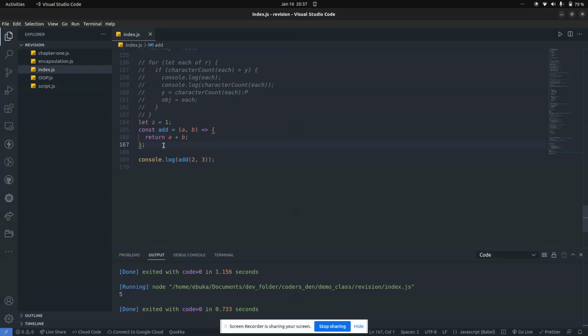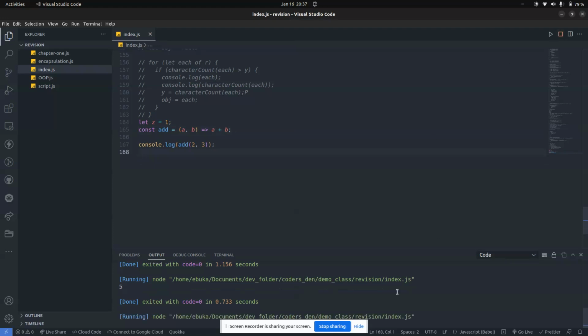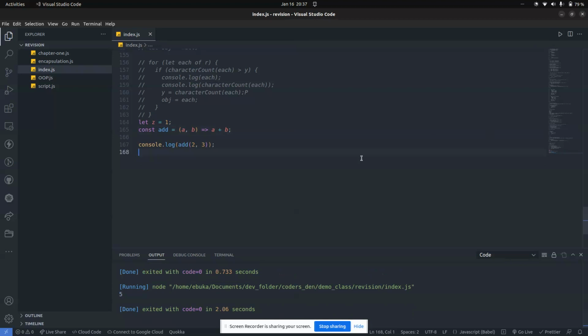What he's saying is when I did this, right? So it's returning five. You return five, and then I play it. I return five. If it's returning a single thing, you don't need the curly braces. If you're returning more than one thing,